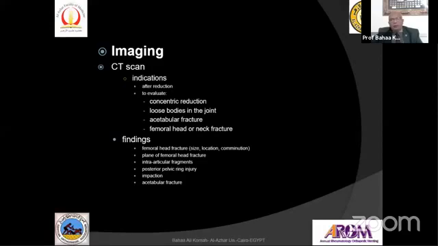The findings are the femoral head fracture size, location, comminution, plane of the fracture, and the intra-articular fragment if present, posterior pelvic ring injuries, impaction, and acetabulum fracture if associated. This information from the CT scan is very important for you to continue the